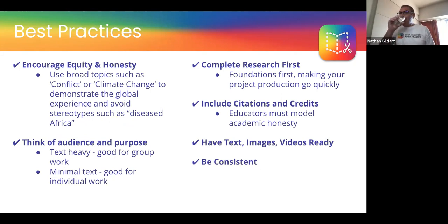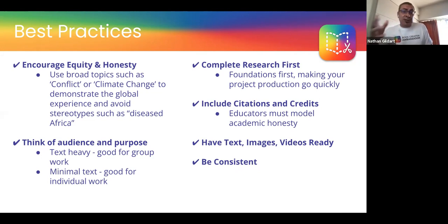Now, here are some things I think are important for us to keep in mind. First is equity and honesty. I know putting a conflict unit together years and years ago with one of my subject areas, I realized that we weren't looking at conflict as a concept. We were looking at places where there's violent conflict. And I thought, that's not just because human beings, there's conflict everywhere. So we've expanded that to looking at the Me Too movement or Black Lives Matter or economic problems in Venezuela. Those are all conflict that affect human beings around the world, right? So try to avoid stereotypes and things like that.